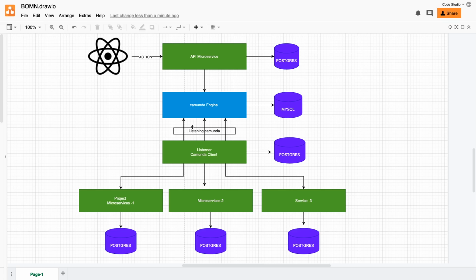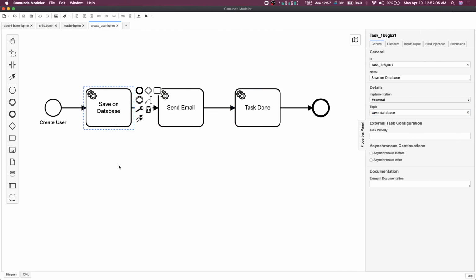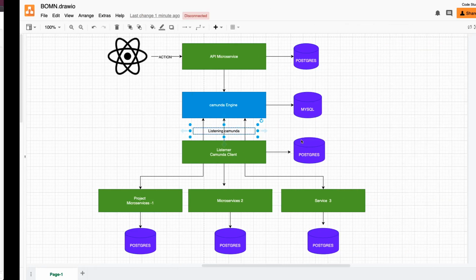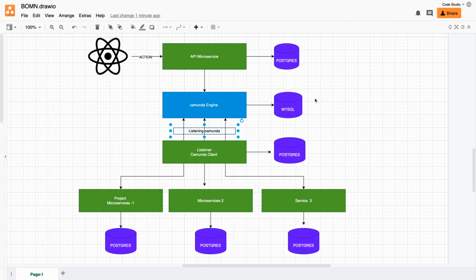Whenever any particular topic, I mean, we are subscribing to it, we were able to execute these particular tasks. Whenever the execution is coming to this particular topic, we were executing it, and we are marking that particular task complete, then this, then that. But these can also point to a separate microservice. These topics can point to a separate HTTP endpoint. They may point to separate microservices.